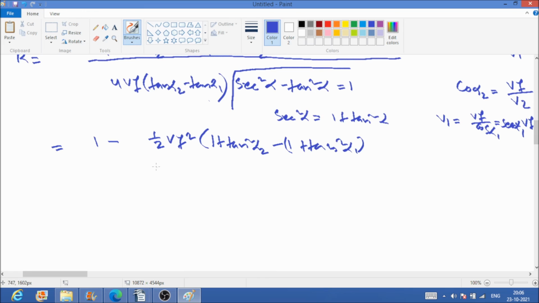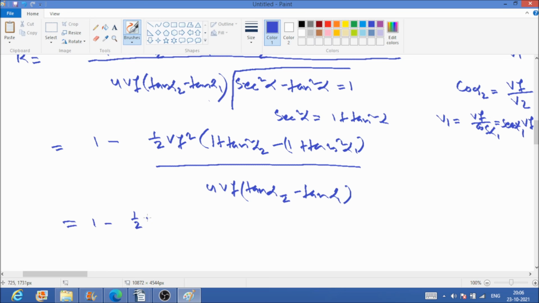In the denominator I have u Vf, tan alpha 2 minus tan alpha 1. Here this 1 and 1 will get cancelled out, so this is equal to 1 minus 1 by 2 Vf square